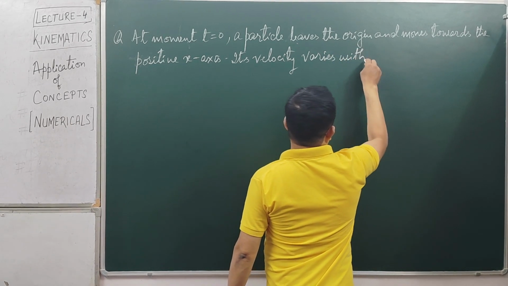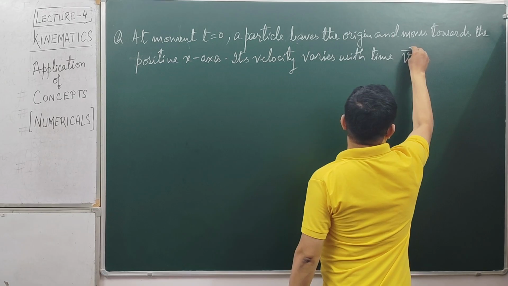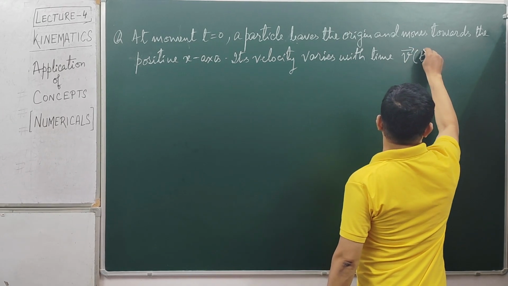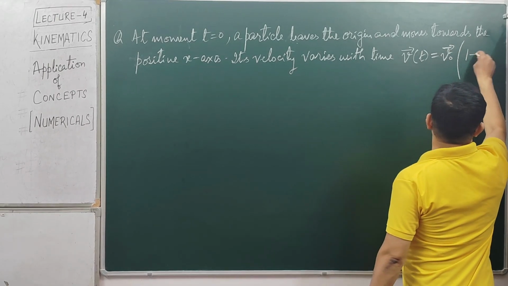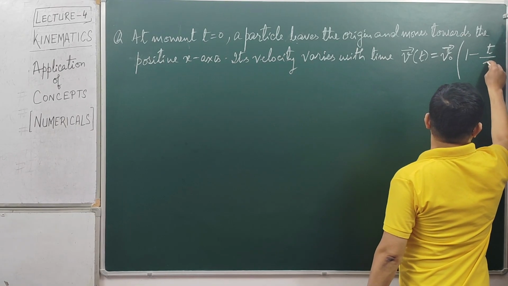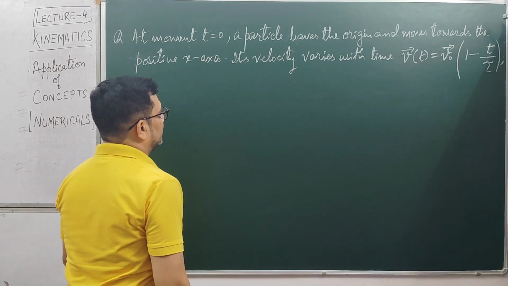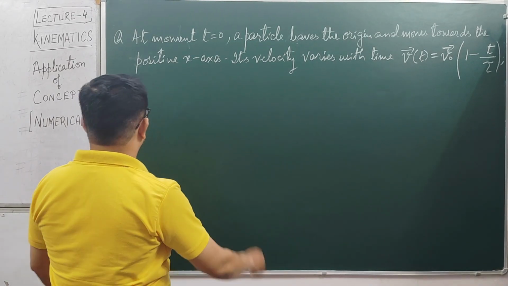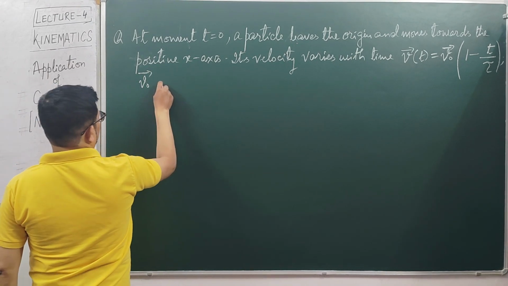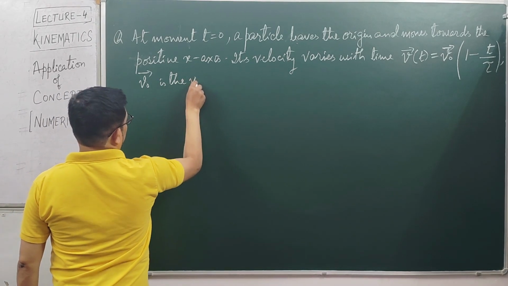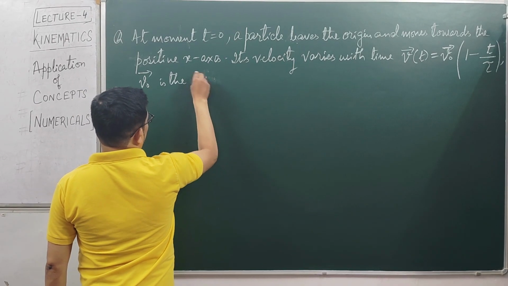That is, there is a direct relation, and this equation is given wherein this velocity v as a function of time is equal to v naught times 1 minus t over tau. So this is given, that its velocity varies with time. Now then it says this velocity vector v naught is, since it's v naught, its initial velocity vector,